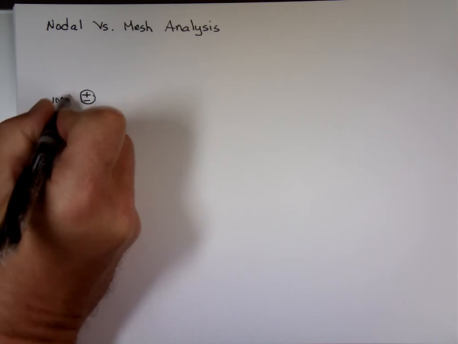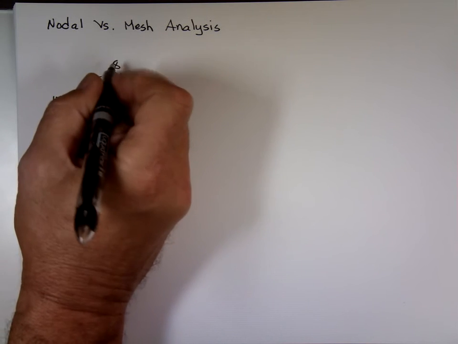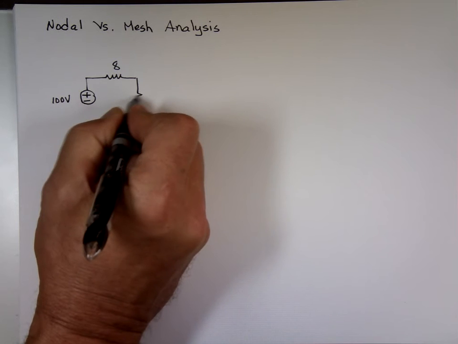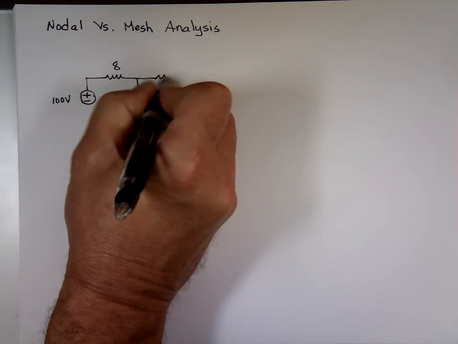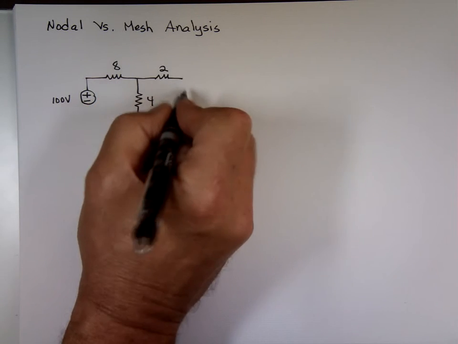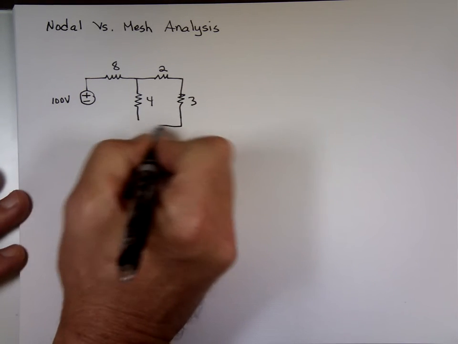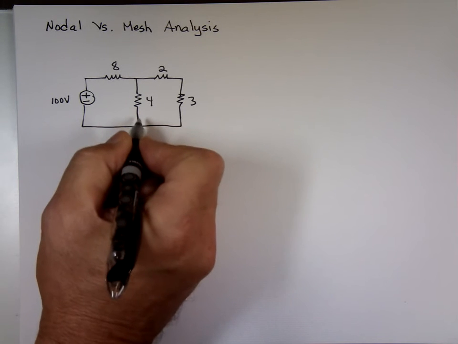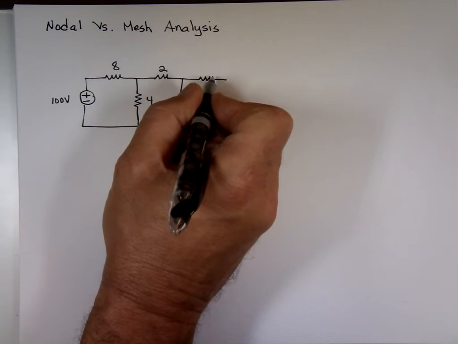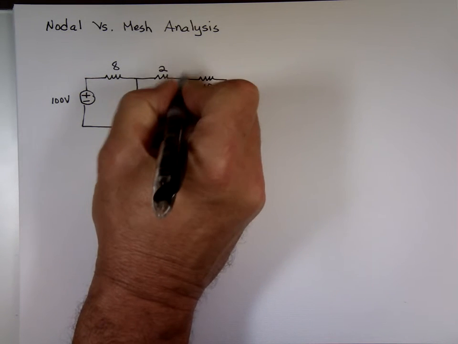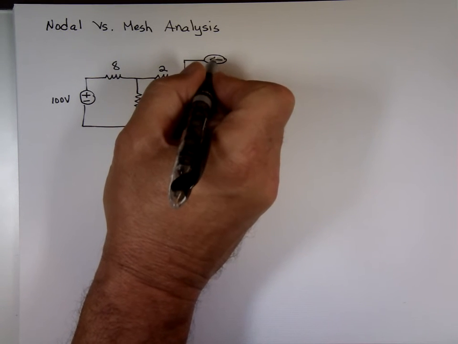$100, 8 ohm resistor, 4 ohm resistor, 2 ohm resistor, 3 ohm resistor. From the 3 now, that's 10 ohm, and 8 amp,